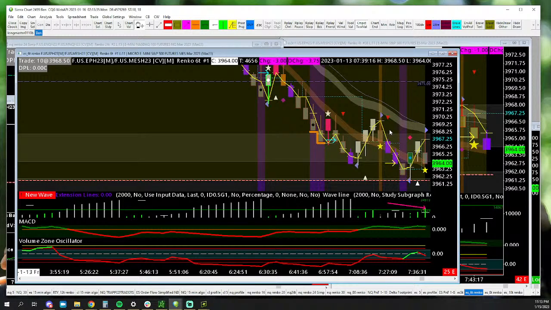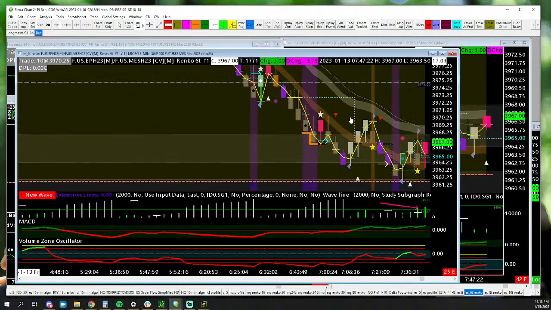And then you would look for a pink bar indicating sellers are giving up. The other thing you could look for, if you want to make it simpler than that, but you get a little bit of a weaker entry, is you could look for triangles, the white triangles that are lined up with a pink bar. What you generally want to do is see one and then buy a pullback. So let's see if we get either one of those.